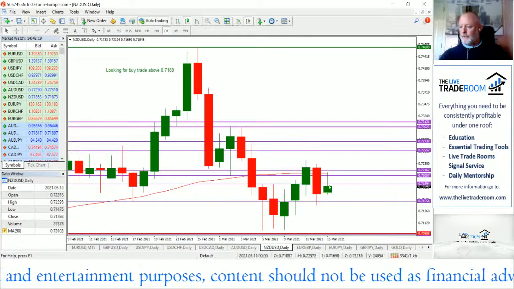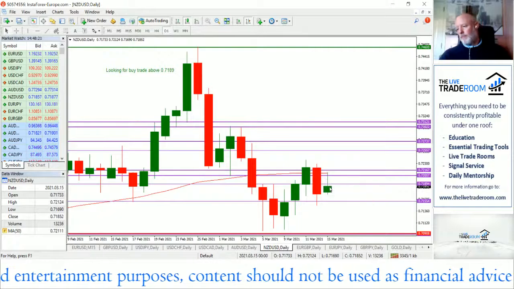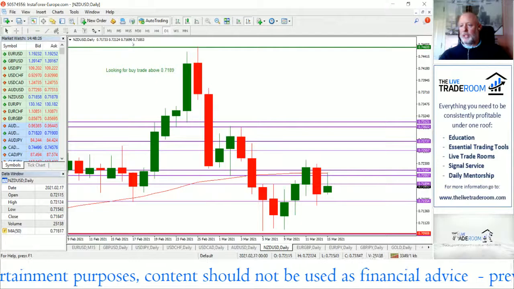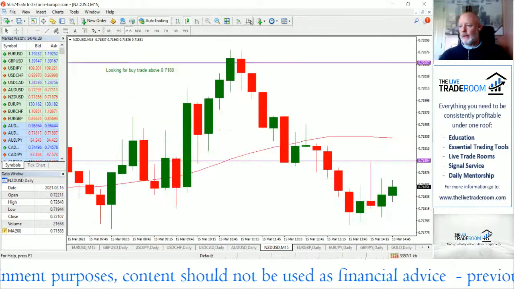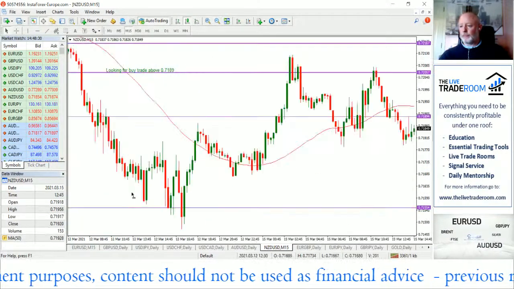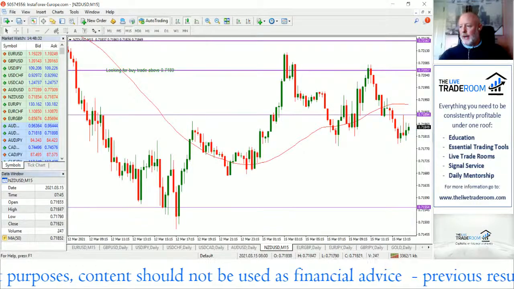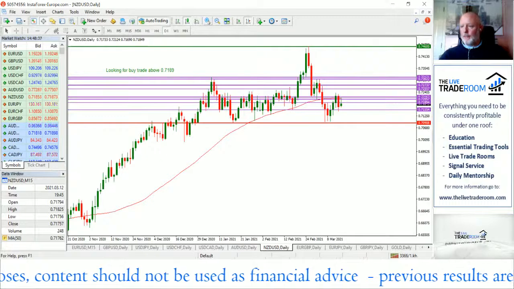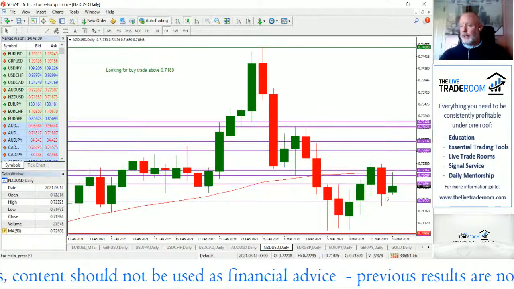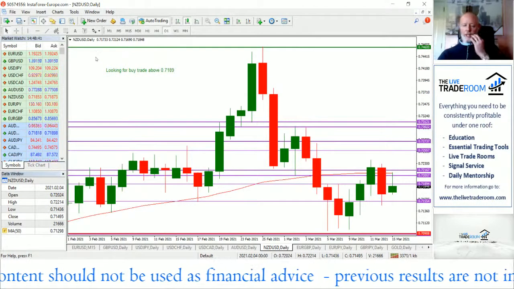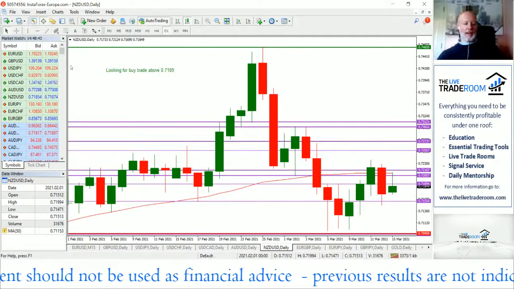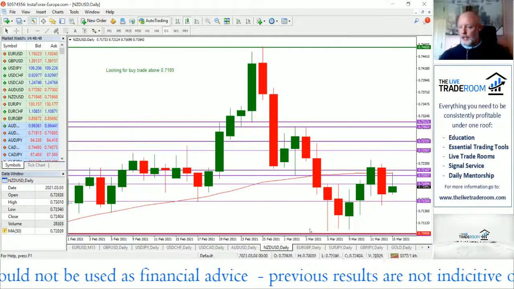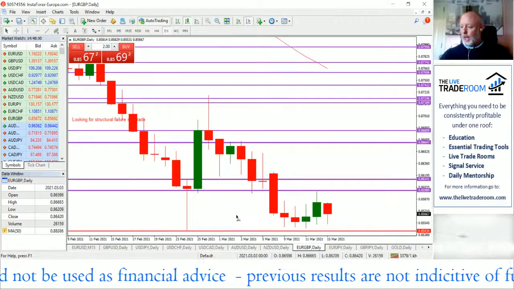New Zealand dollar. You can see that the New Zealand had been stronger over the Asian session, and we've seen prices just roll over and failing to make those sort of new highs. So that's a bit on the concerning side, and it's marginally stronger than the US dollar. So again, we don't want to trade strength versus strength. We're looking for that strength versus weakness trade. An opportunity that is